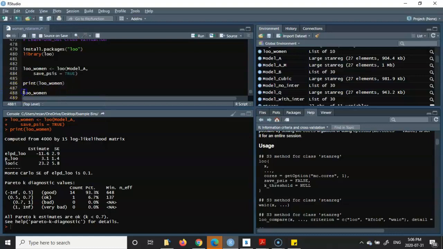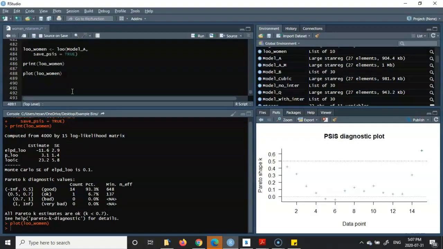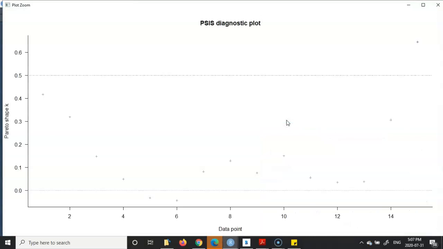The other thing you can do is make a plot. Let's see if we can plot these items. Let's see what we get. Okay. And as a final thing for this tutorial, I just wanted to show you a plot of the loo object which we created. On the x-axis, we have 15 as the index of the data point, which are the K parameters, the shape parameters of the Pareto fitted to the top 20% highest sample ratios at the tail of your